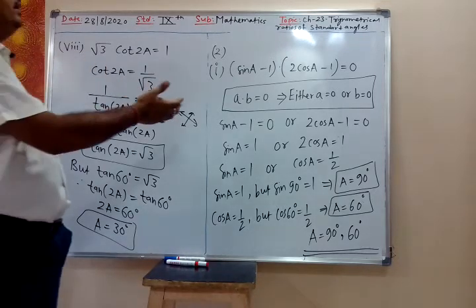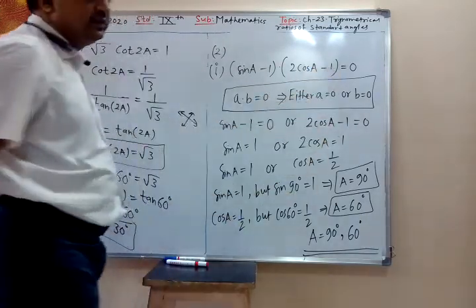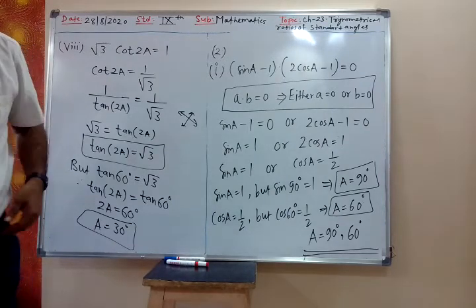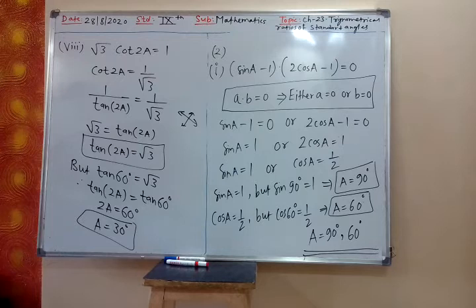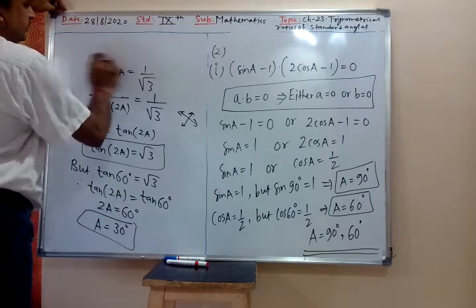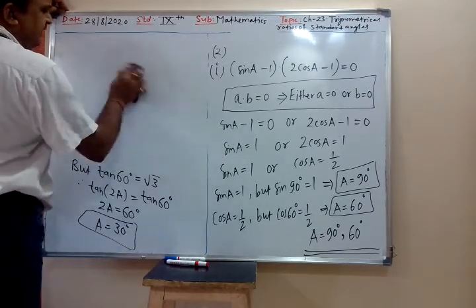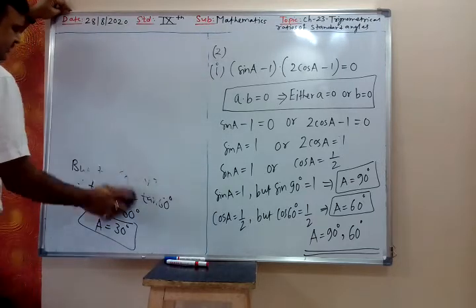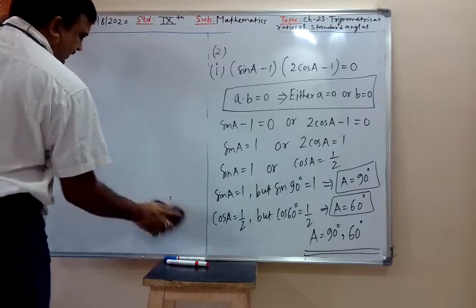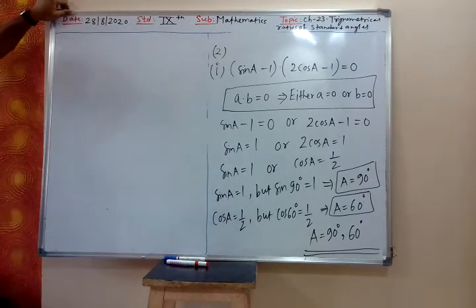Now normally we write A dot B is 0, that implies either A is 0 or B is 0. Both are 0 is the trivial part. Now let me do the fifth one. Cosec 2A minus 2. So wherever you have cosec, you write that in terms of sine. Wherever you have sec, you write down that in terms of cos, and wherever you have cot, you write down that in terms of tan. And simplify, you will get the answer.